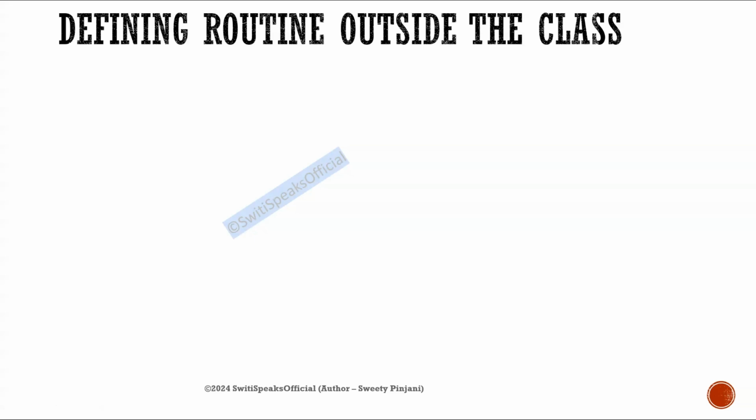We had already discussed what a class routine is. A class routine means it is a method. What is a method? A method can be either a task or a function which will operate on your class variables. Usually it operates on your class variables, and it is generally a task or a function for your class. Today we are covering how you can define these routines outside the class, outside the scope of the class.